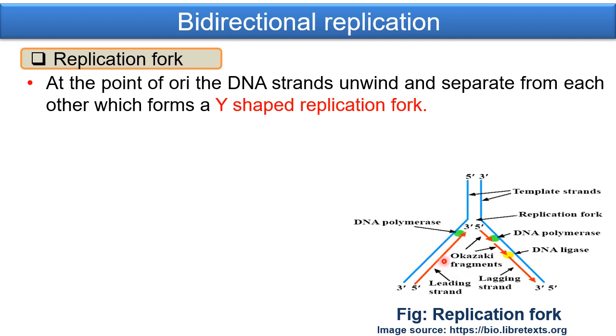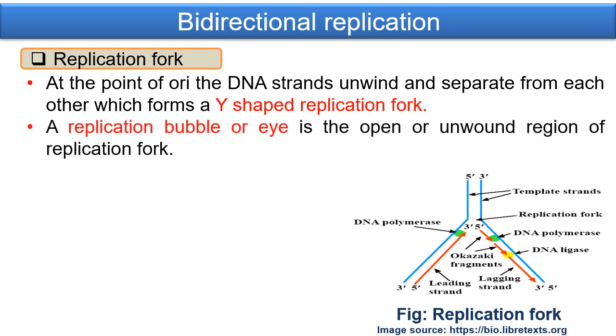However, the strands of DNA have certain directions. If one strand goes from 3 to 5 prime direction, then the other strand will go from 5 to 3 prime direction. That is why a DNA molecule is said to have opposite polarity. On the template strands, a number of enzymes, which I am going to explain later on, will act to form the new polynucleotide chain.